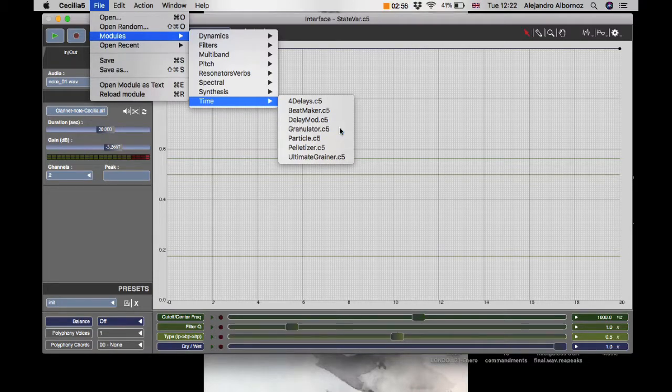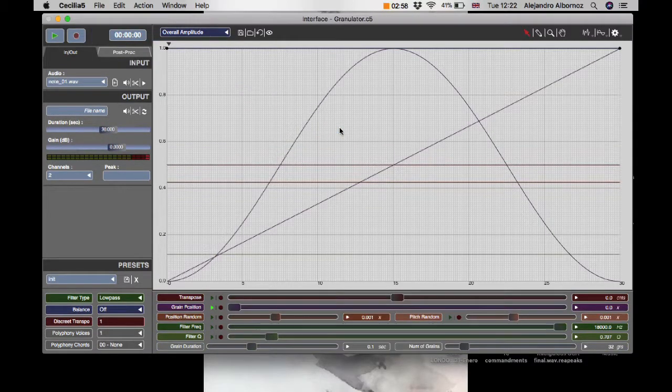I'm going to select granulator, which is the classic granular synthesis in this software. You have here a screen showing the envelopes of the different parameters. You can work with the parameters in the section below, but you can also select some presets, which are very handy. You can pick one of them and see what the software is proposing. For example, I'm going to select stretcher